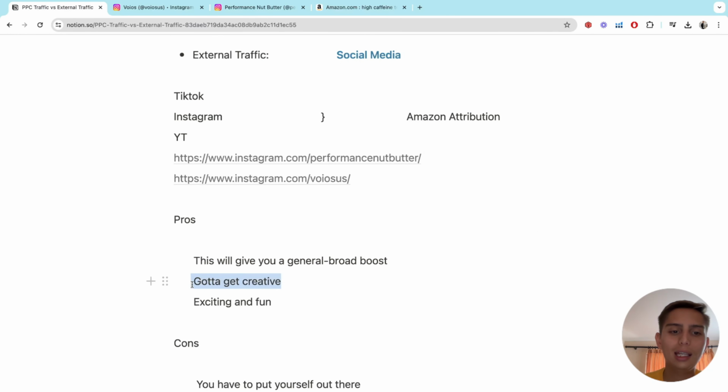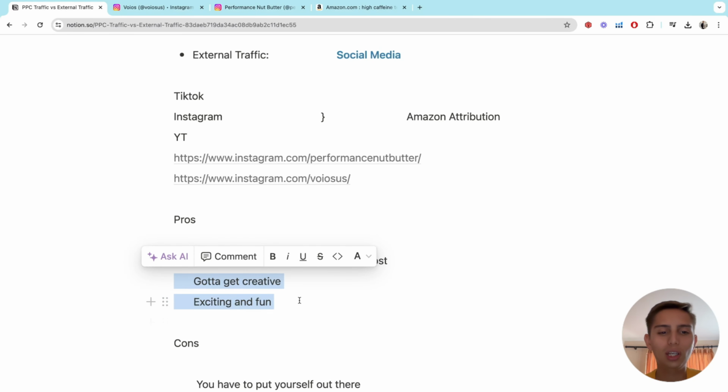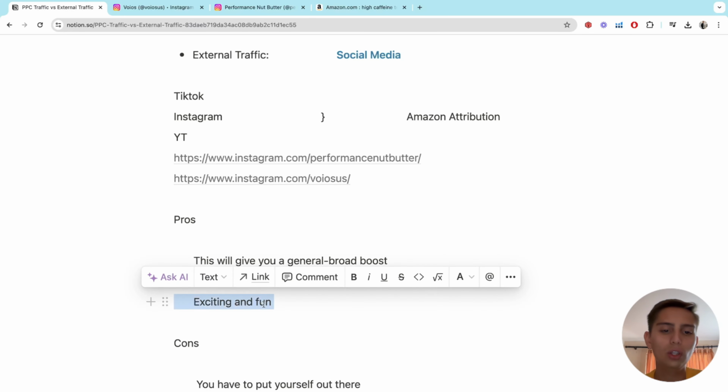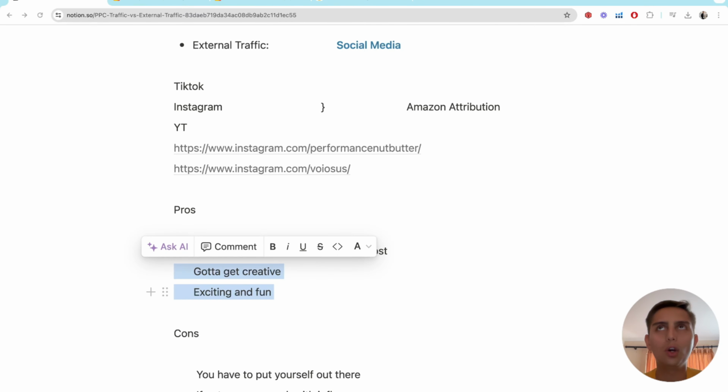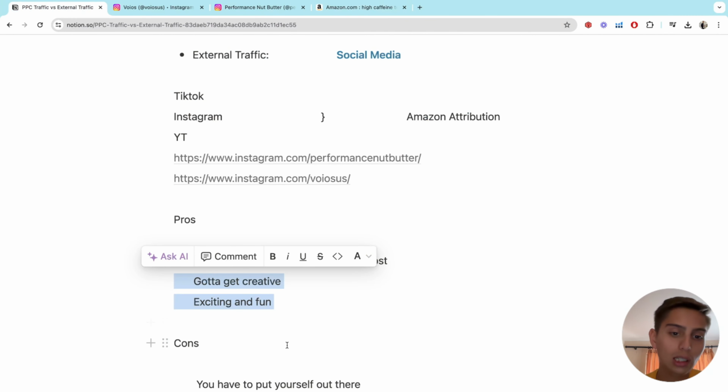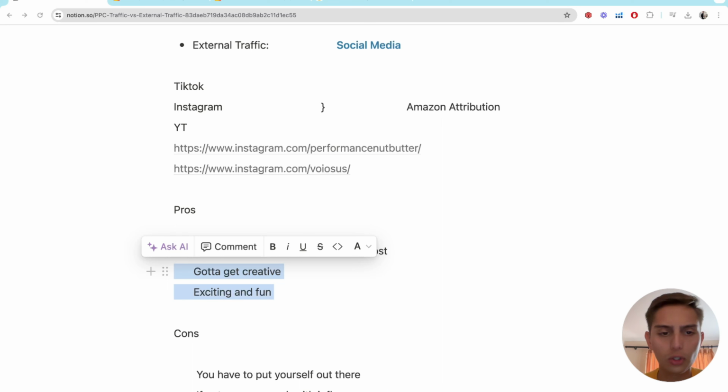That's one of the pros. And something else that I just put here is that one of the pros of pulling traffic off social media is that you gotta get creative, okay? It's gotta be exciting and fun for you. If you're starting a business, you don't want to get yourself just another 9-to-5 job, right? It's a business. It's supposed to give you freedom. It's supposed to get you hooked to it, make you want to have fun with it. So yes, it can be overwhelming sometimes, but I like to get creative when it comes to making videos, working with influencers and all that.